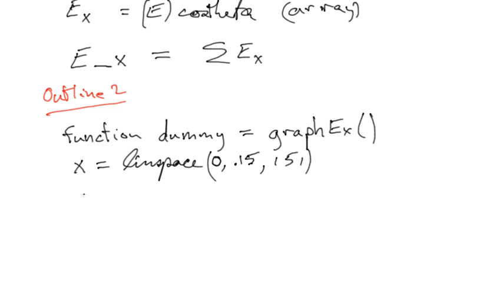And then plot. I think I'll try it this way. Plot x. I think I better get the EX array. I'm going to do this separately in case there's some kind of debugging issue, like if there's some mistake in here. But my basic idea is that array of EX values is going to be